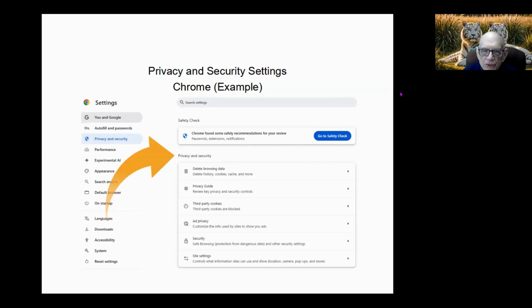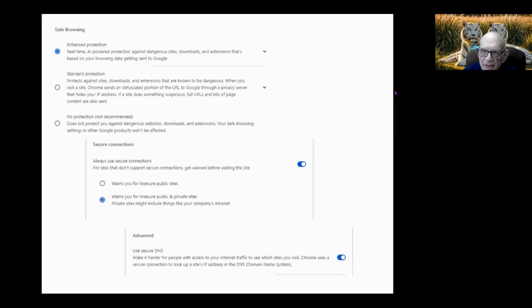Here are in Chrome some privacy and security settings that I am especially concerned about and advise you to check out. Other browsers have the same type of settings. The top one is called Enhanced Privacy.